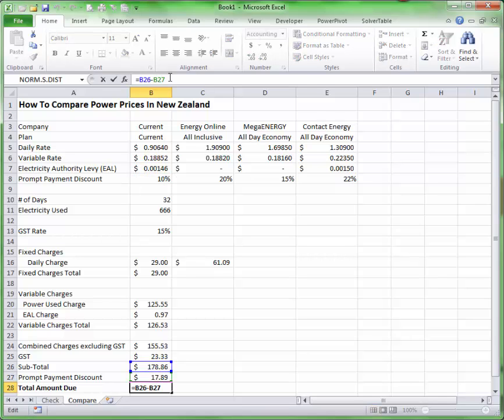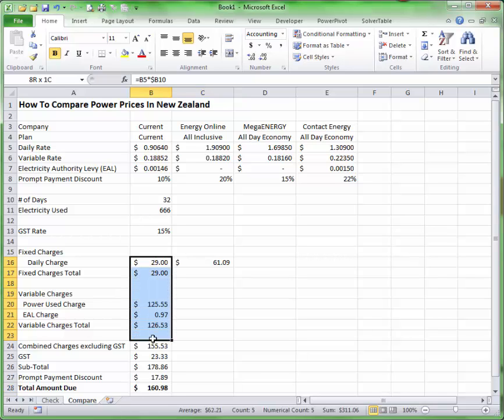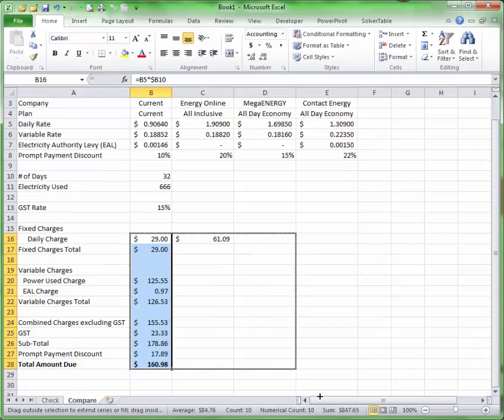And the total, that will work out fine as well. So now that we've done that, what I'm going to do is select all the formulas that we've got, all the calculations from B16 to B28, and I'm just going to get that little black cross at the bottom of my cell, bottom cell, and just going to move it across,